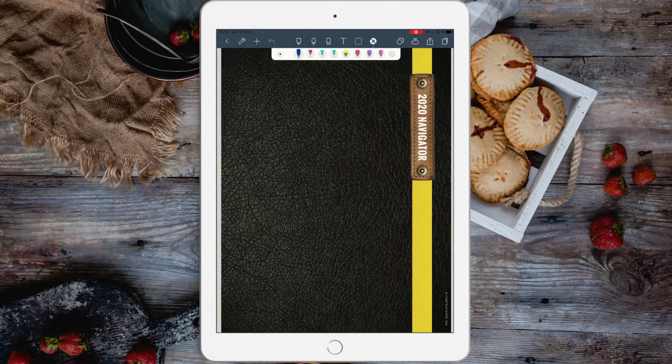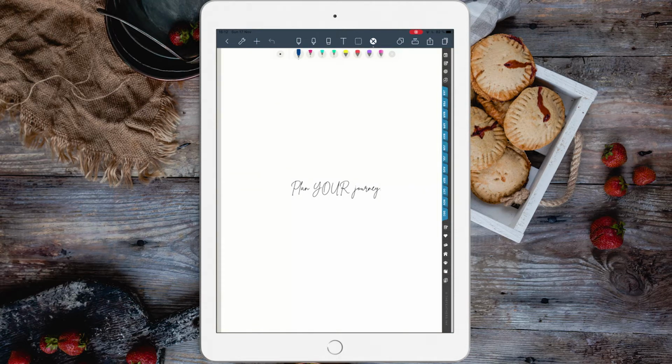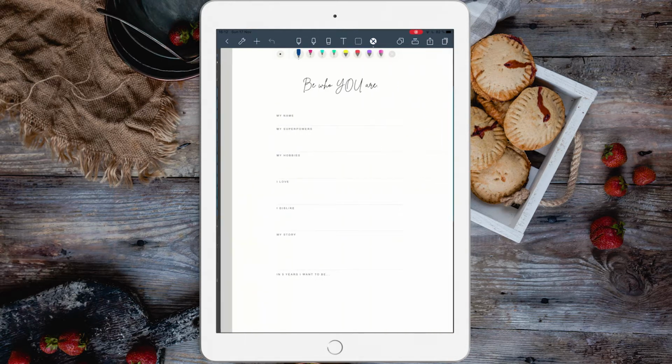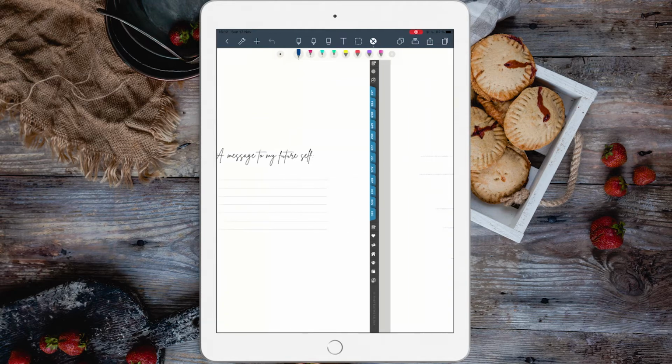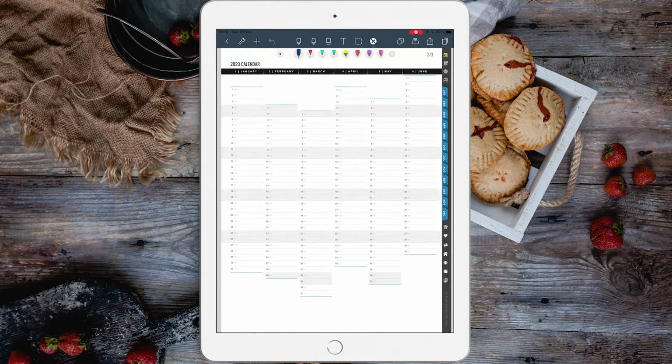As promised, I want to show you how the vertical iPad view version looks like, and we will just flip a few pages for you to see around. And we have the same right side navigation, the calendar with hyperlinks,